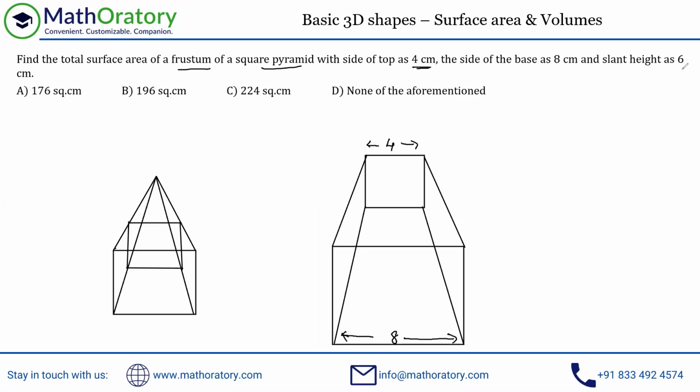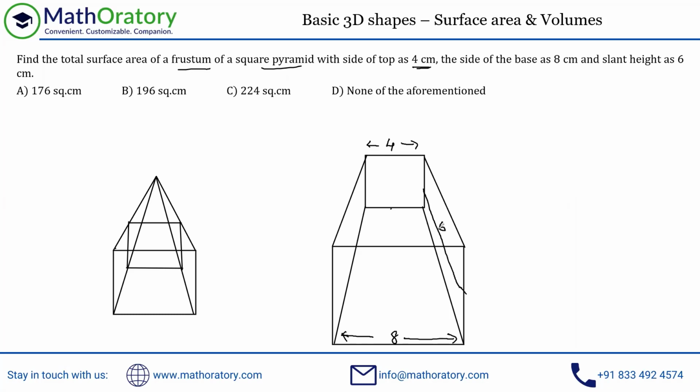By the way, many people make a mistake on the slant height. Slant height is not this. This is the slant edge. Slant height is when you connect the center of the edge of the top surface to the center of the edge of the bottom surface. Something like this. You can also connect here; that might be a little easier to view. So this will be the slant height because it is slanted. That is why it's called slant height. I'm just denoting this here in the figure. So this is 6 centimeters, right?